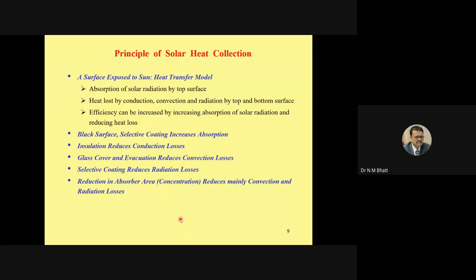But of course, according to Kirchhoff's law, they have a different emissivity and absorptivity at different wavelengths. For shorter wavelength, the absorptivity is higher, and for higher wavelength, the emissivity is lower. But of course, remember one thing, at each wavelength, the absorptivity is equal to emissivity. I hope my last statement is not confusing you. If it has confused you, forget the statement.